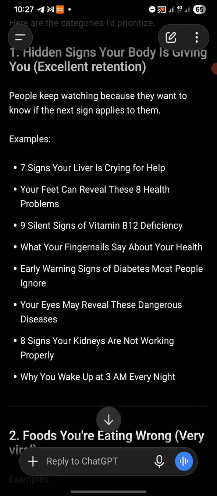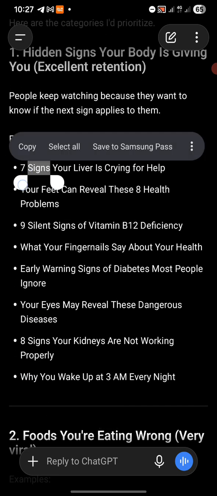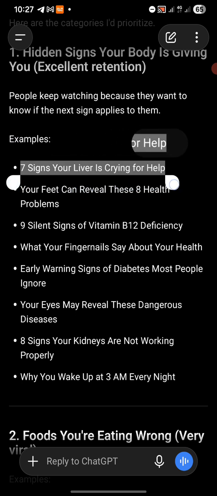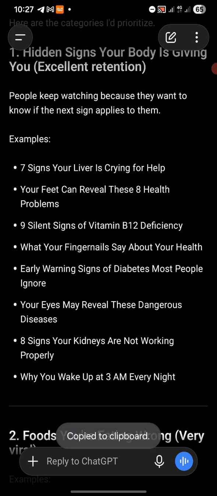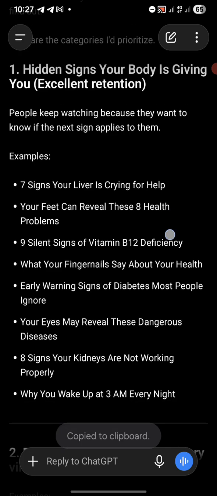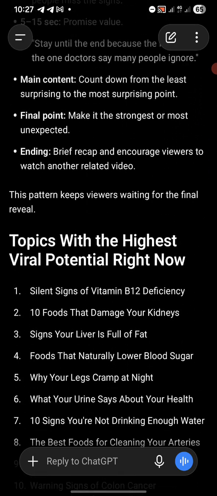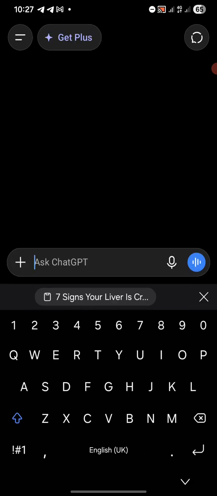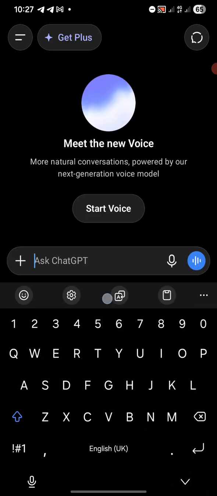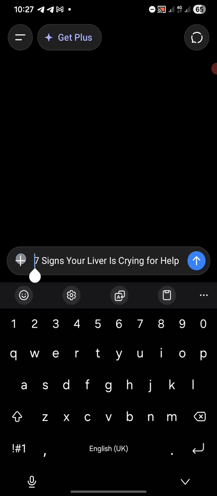So I can just come here, 7 signs your body is crying for help. Okay, right? And I wouldn't want to go down giving it more prompts here, because I would like to keep this particular topic separate so that I'll come back and copy anything. Then you come back here, you paste this first topic, and you say,